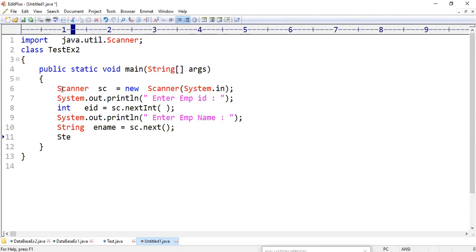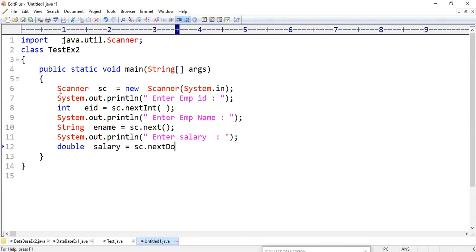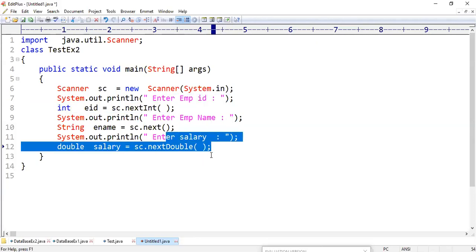Now System.out.println("Enter salary"); double salary = sc.nextDouble(). Now observe, I'm reading integer type data, string type data, and double type data.